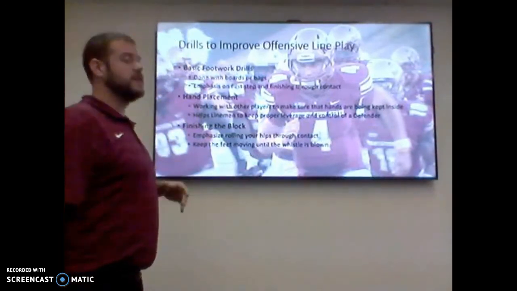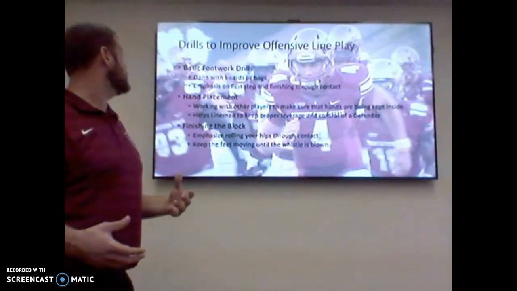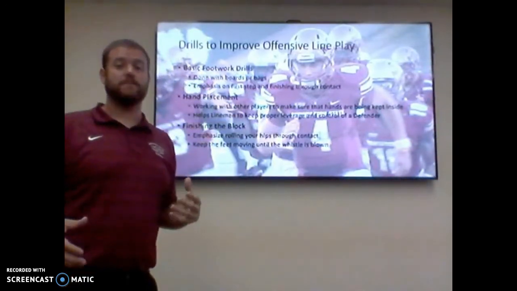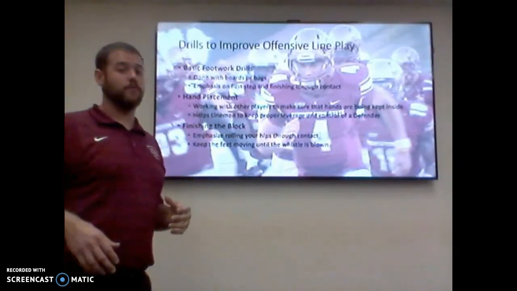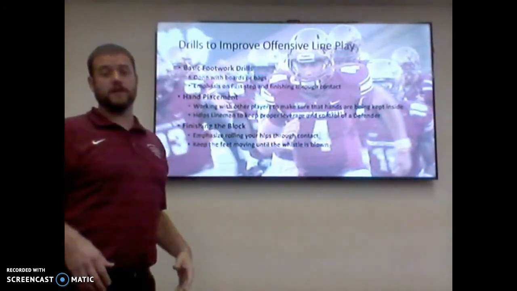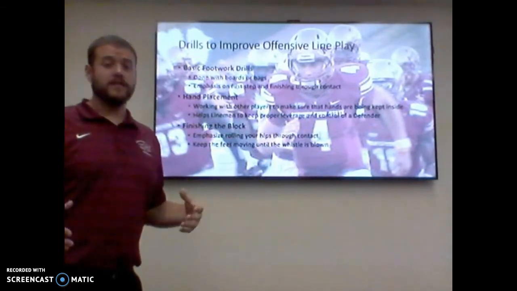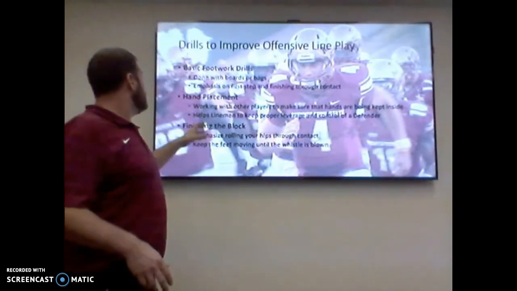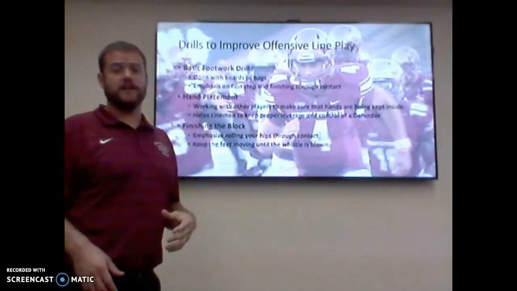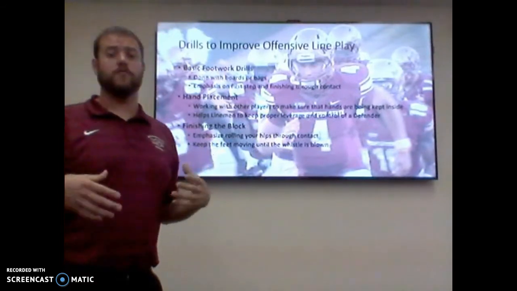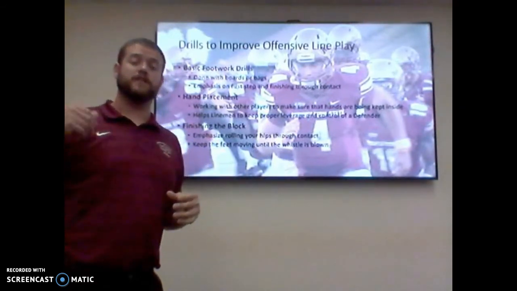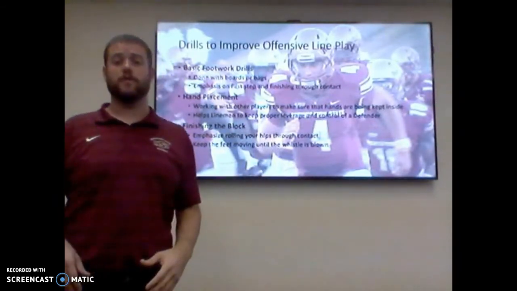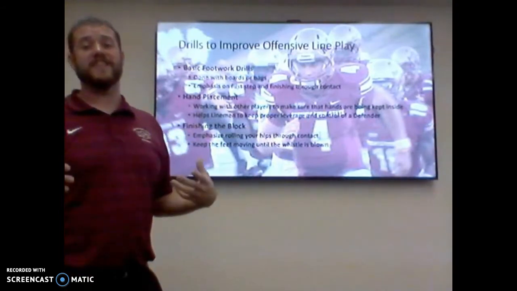Some of the drills that offensive linemen can do to work within the RPO system: you have your basic footwork drills done with boards or bags. It doesn't matter. We've been doing them for years. It's the same thing no matter what, though. We always have to have great feet no matter what we do. Hand placement is always going to be big. That's how you control, that's how you dominate, that's how you get in the good body position that you need to be a great offensive lineman. And the third one that is always important is finishing the block. It's not just about burying the guy. It's about being smart of where you are on the field, so that you're not too far downfield and getting a penalty called on you. All these drills are simple. All these things are things that you've always done, but it's all about modifying them within the new scheme